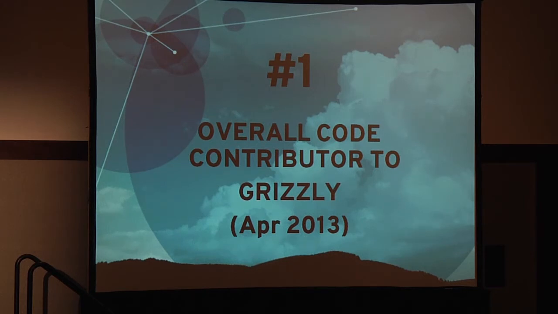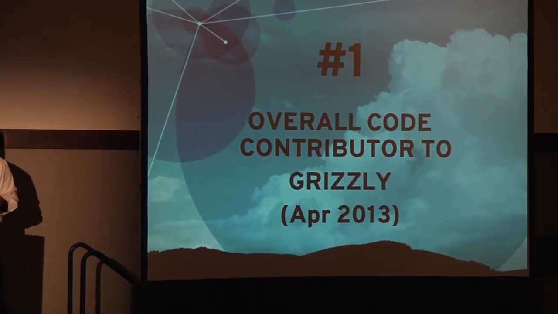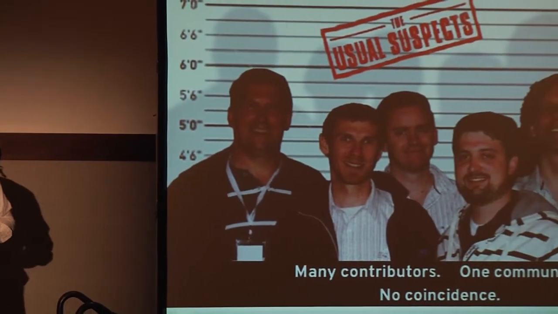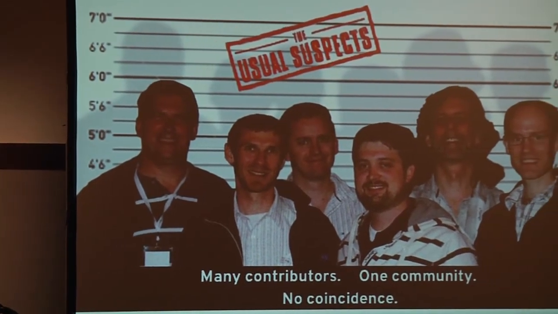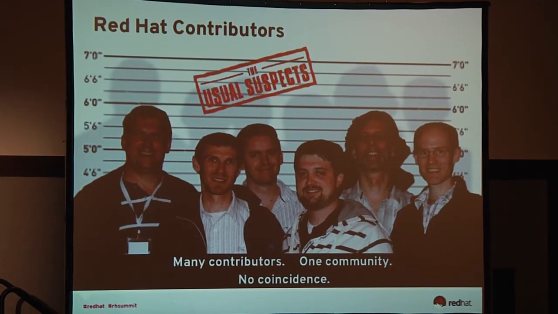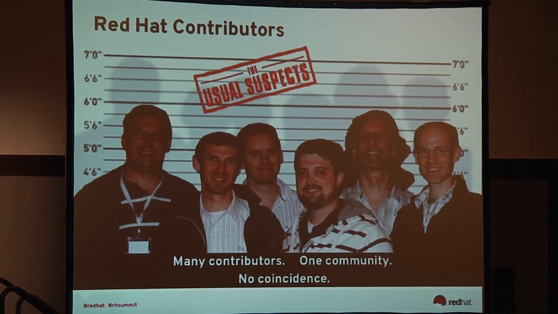So basically, Red Hat folks naturally gravitate toward open source. There were folks at Red Hat who were contributing to open source without even being assigned to OpenStack. It's just the way Red Hat operates. And this is a shout out to some of the folks in the room here. Shown here are some of the more than 40 folks who have contributed to Red Hat OpenStack. And for Grizzly, if you take the top 10 individual contributors for the project, 5 of those are Red Hat employees, and a few of them are in the room here.